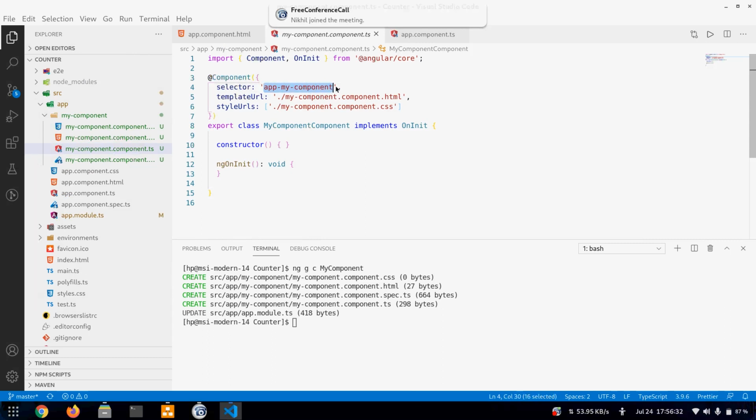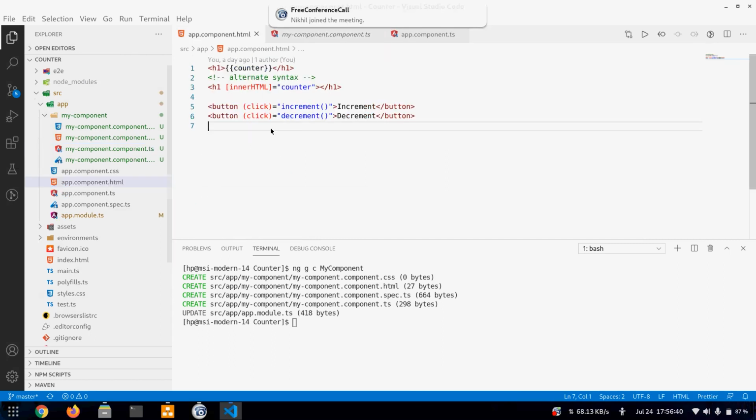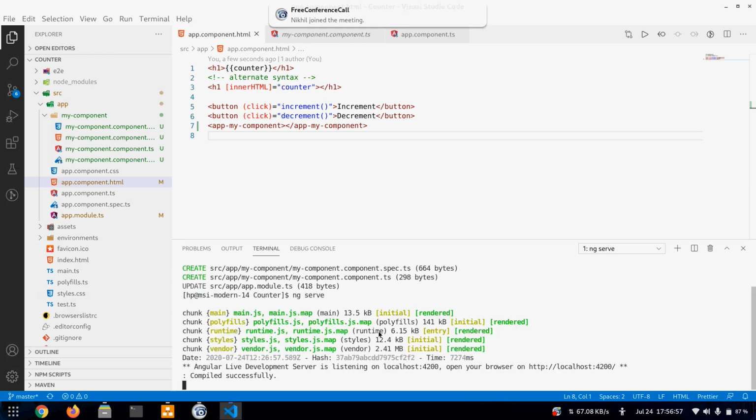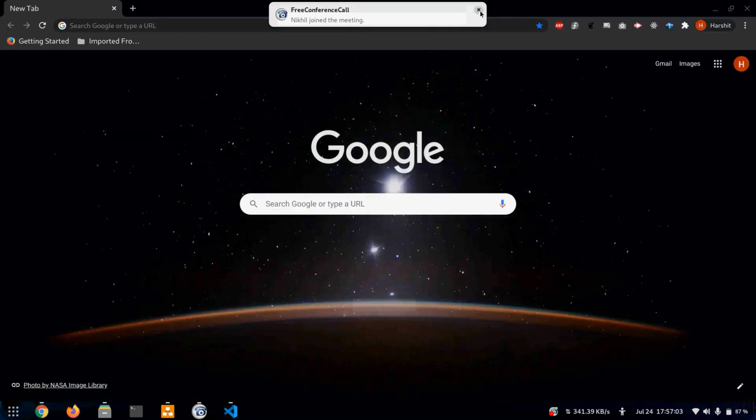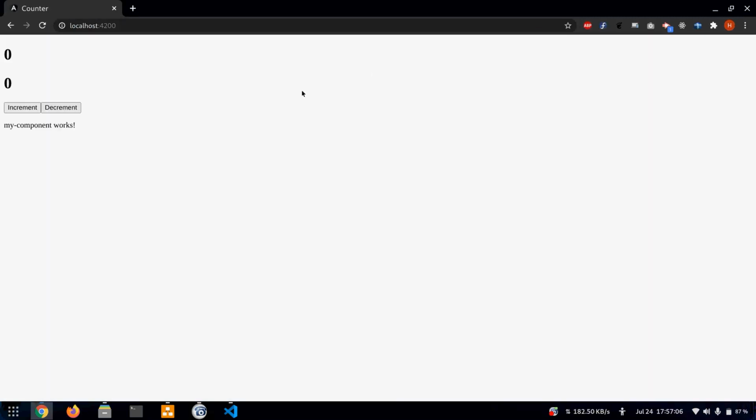Then Angular will know that this is the place where we have to inject the code of this component. The component is here.